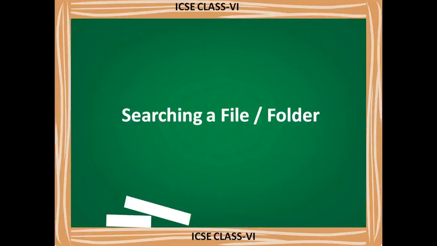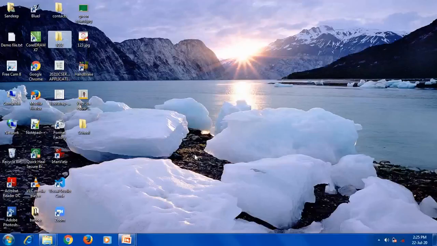The search option is given in the Windows operating system. By using that, you can directly search for that file. For example, you may think, if you have forgotten the name, then how do you search? If you have forgotten the name but you know the contents inside that file or folder, by typing that word or sentence you can also search for a file or folder. See, I will show you.